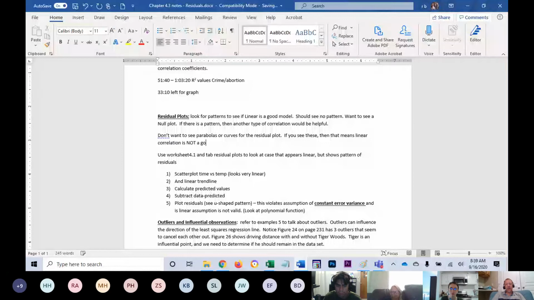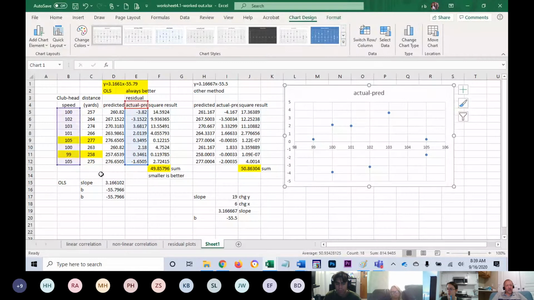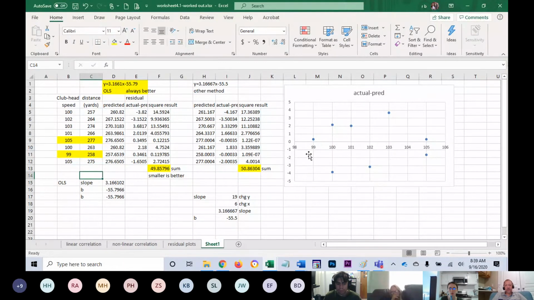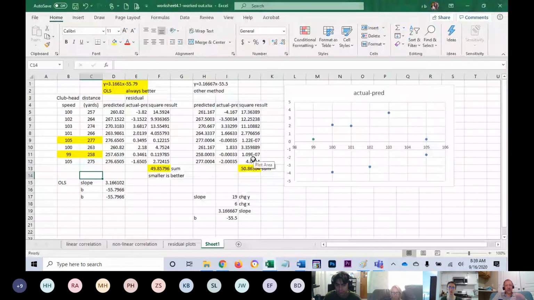The nice thing about this, so we're using the golf club example once again, I don't see any parabola. Sometimes, and in fact, when I say parabolas, I should say, what is the word that they use? A cone. I'm trying to remember what the name of the word is that they use. But anyway,